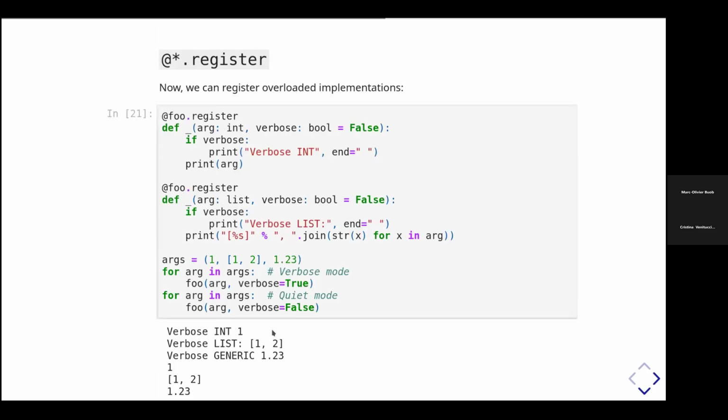So here, for example, I want to register foo when calling some functions. I will start from the bottom because it will be more clear. Here I have defined several arguments: integers that will be handled using a specific processing, a list, and a float number. And then I will call the foo method either using the verbose mode or without using the